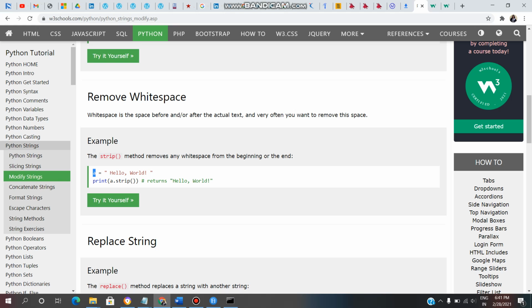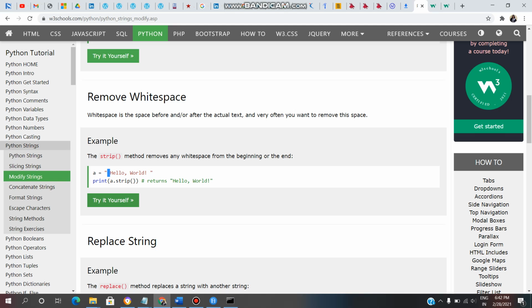So here a is a variable and we are assigning a string hello world to that variable. Now here at the start of that hello world string we have one space. To remove that space we need to use the strip method. So print of a dot strip, it will remove the white spaces at the beginning or at the end.